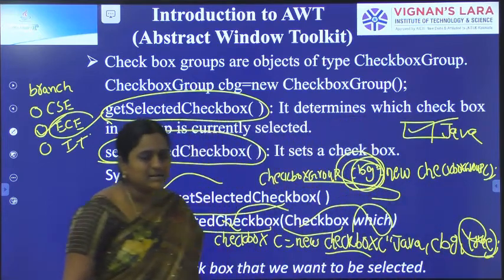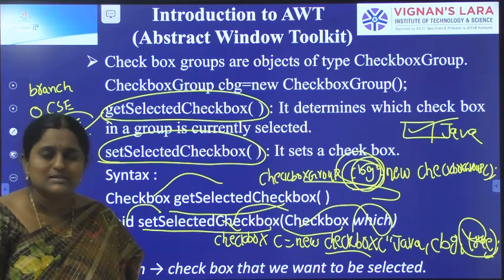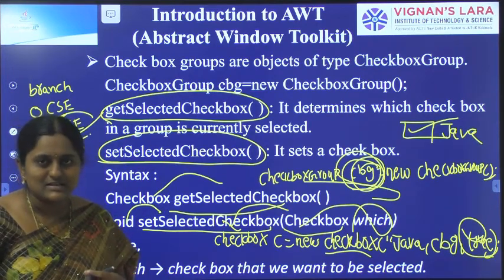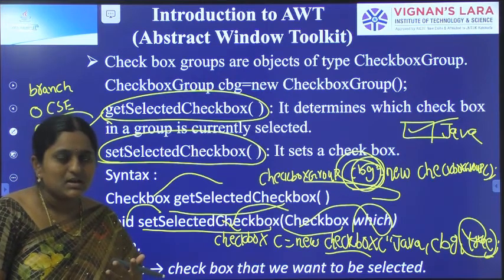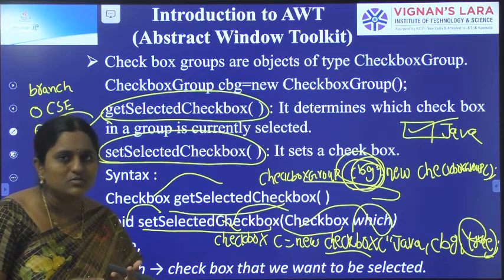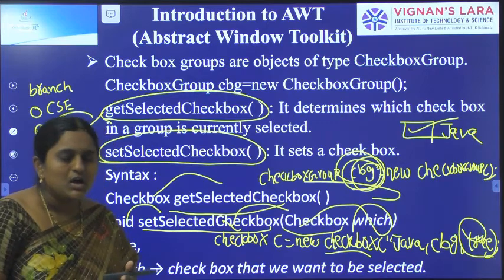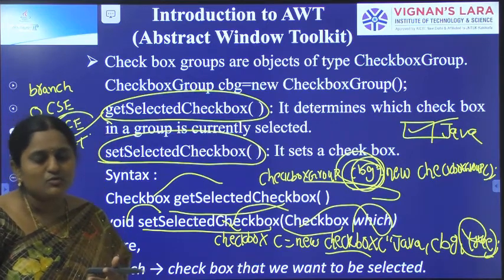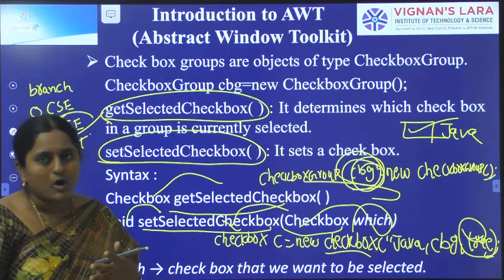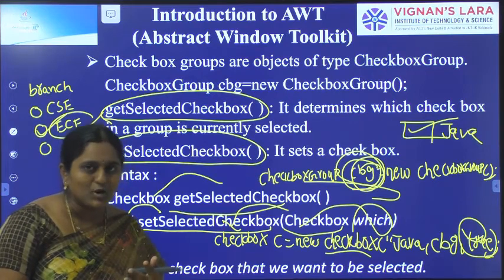Checkbox and checkbox group define a number of methods and constructors, but there is only one difference: checkbox allows multiple selections, while checkbox group allows only single selections. If you want multiple selections, choose the checkbox GUI component. If you want single selections, choose the checkbox group GUI component. Checkbox groups are also known as radio buttons.